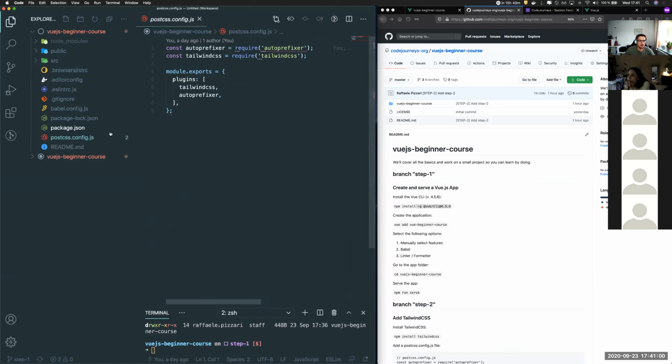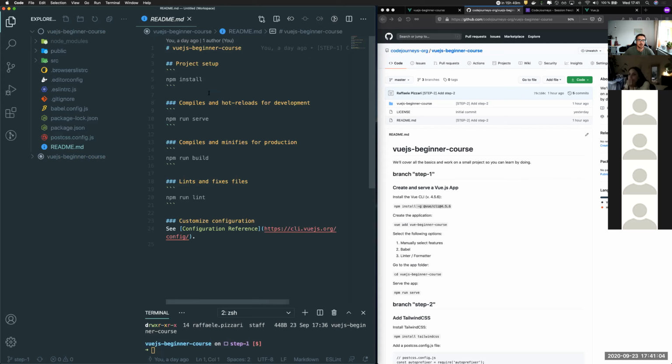And this is something we'll check later. And then a basic README file. And here you have just some information about how to start it, how to compile it, and how to run the linter. So that's it. And this is the outcome. We can try together